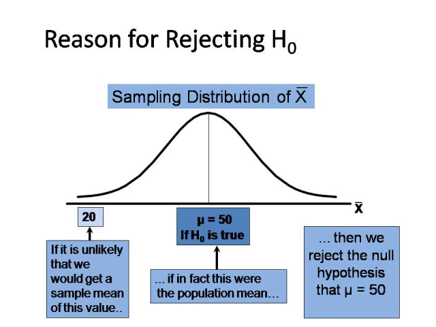We can work out what that sampling distribution looks like, and we can actually find where our sample mean in the one sample that we've taken falls relative to that sampling distribution. And if it's, say, in one of those tails where it's very unlikely that we would get this kind of result if the true population mean was 50 and therefore our sampling distribution had a mean of 50, if a result of 20 is in one of those tails, if it's unlikely,